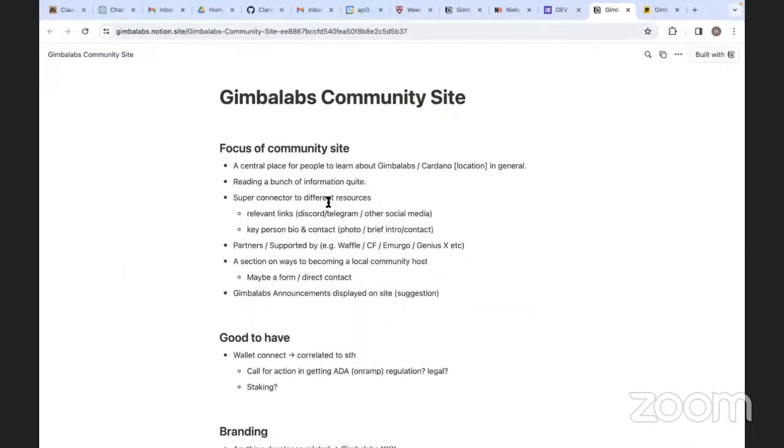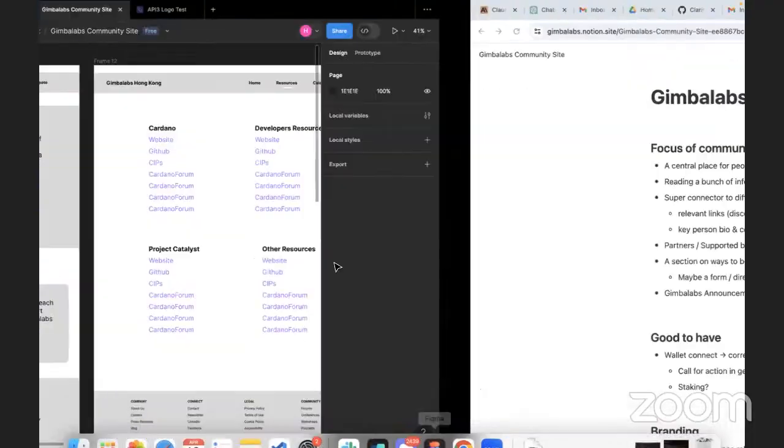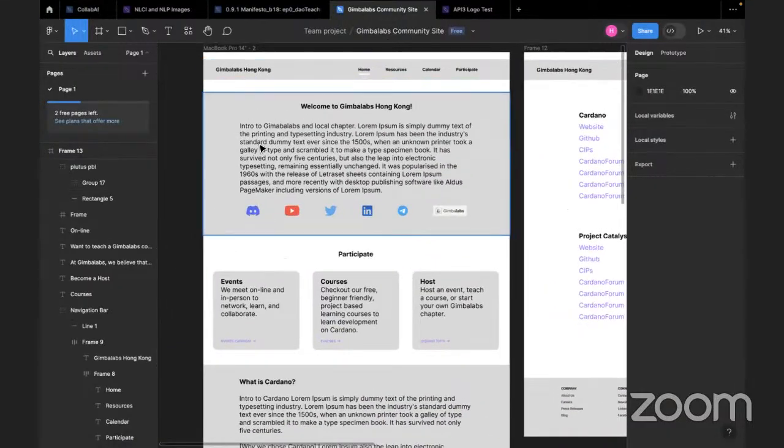Hinson mentioned that he wants the community site to be a place where people can learn about Gimbalabs and Cardano in general, so that's why I put all the resources in there. First they learn about what Gimbalabs is. Then in the second paragraph, they learn about the local chapter of Gimbalabs, and then they have all the links to connect the socials and the Gimbalabs main site.